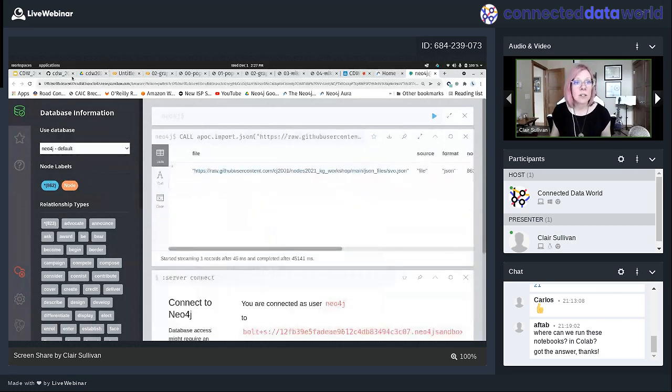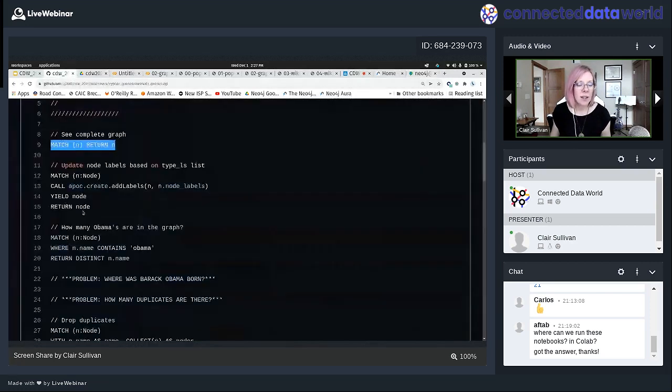And in order to do that, we're going to come down and we're going to use lines 12 through 15 in method 1 queries. And I'm using APOC add labels. So basically I'm matching a node, the variable name is n, and then when I have this colon here, colon node, that refers to the type of my node label. Everything has node label of node right now. And now we're going to make it a little more interesting.